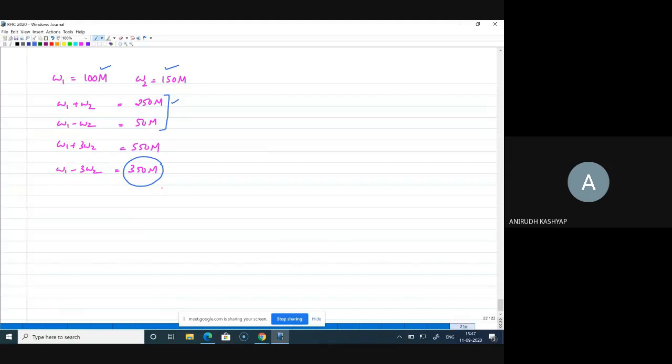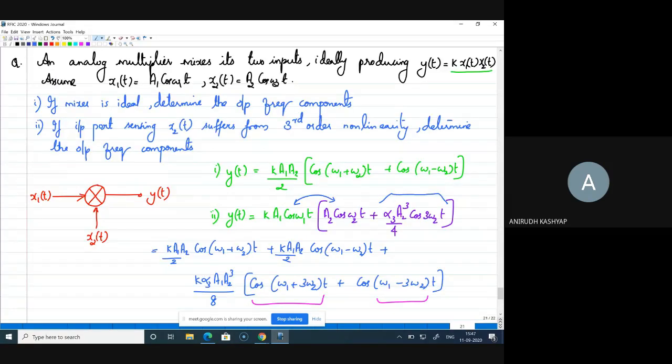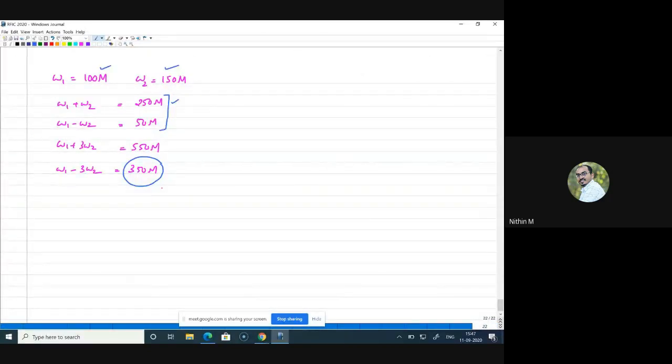Okay, yes, sir. Because it's near to the frequency. Yeah, the harmonic is not directly the problem, but because of that harmonic component which has come out of the nonlinearity, you are getting another frequency component at omega 1 minus 3 omega 2. That is becoming troublesome. That is giving me a challenge in designing a filter. Okay, all right, yes, sir. Thank you, sir.